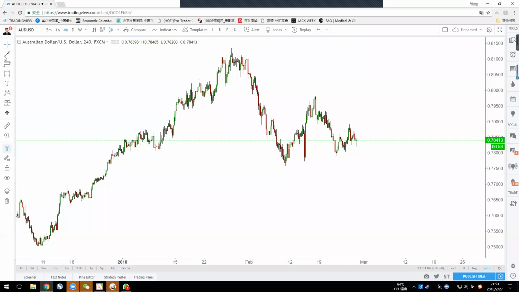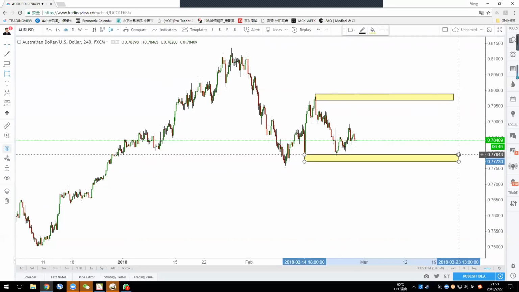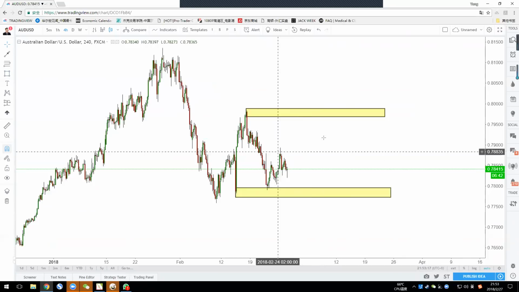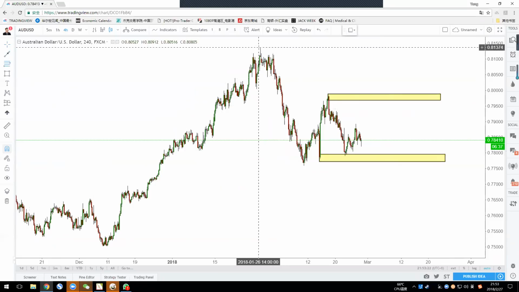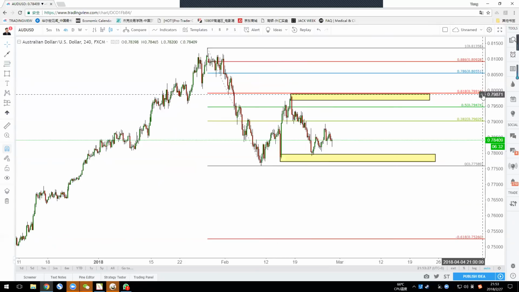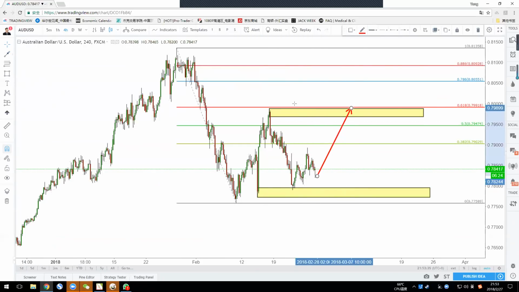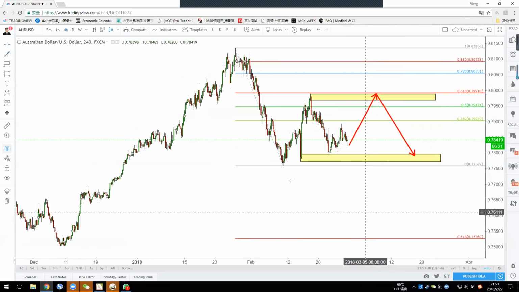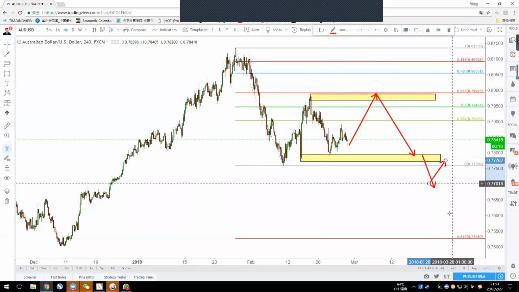Aussie dollar, same thing. Price is consolidating from 0.7990 to 0.7800. Okay, so this range is important. I'm going to sell the Aussie also using the 618, which is 0.7991, but I don't know whether the price will go up that much. But if the price does go up here, I will definitely take a short. I will short from here, or I will wait for the breakdown and the retest, pull back and short.